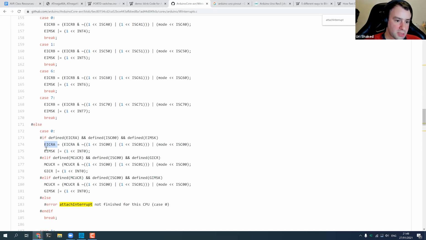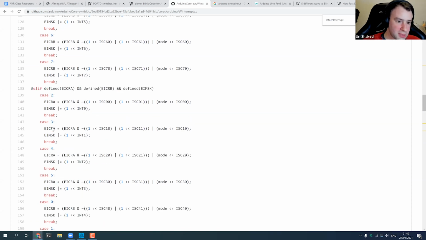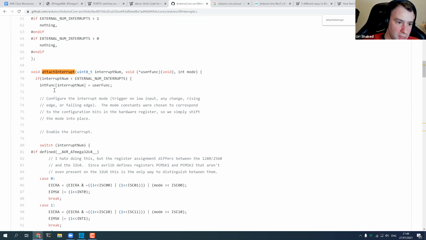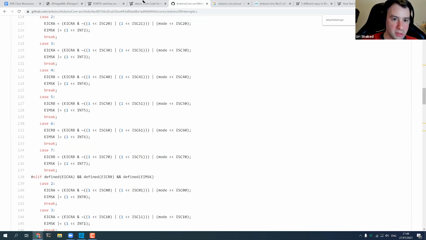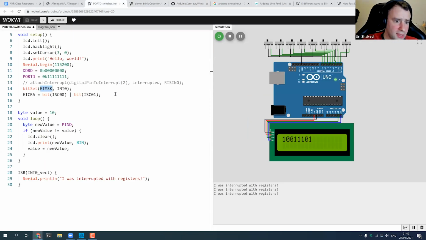On some other processors, the register names are quite a bit different. But basically, it does the same things we do, just setting up those two registers to enable the interrupt. So that's it. Most of the time, the Arduino library is just reading and writing the right registers for us, like we did here.